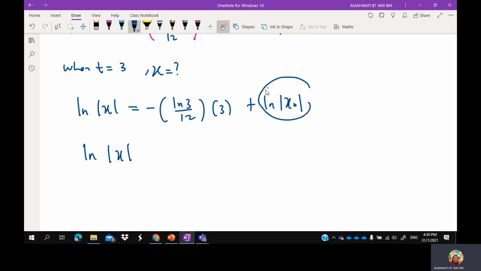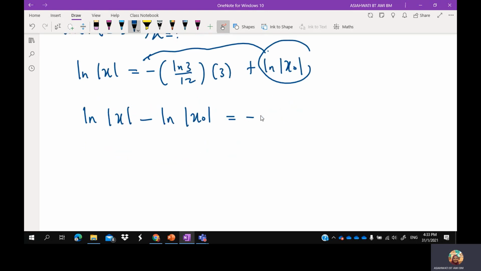Bring the term to the left, so ln x minus ln x naught equals negative ln 3 over 4. Then simplify, ln x over x naught using the law of log is equal to negative